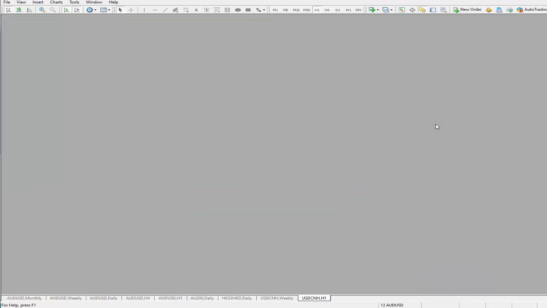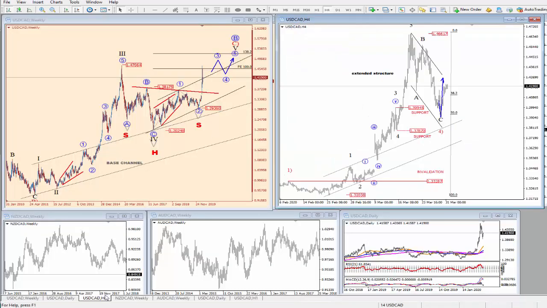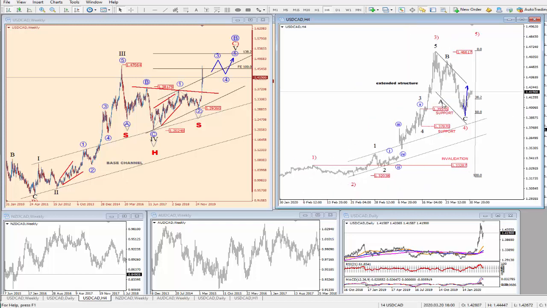Now let's take a look at dollar cat. Dollar cat is having some very nice reversals from the supports that we have been identifying. So here is the 4-hour chart. First you have the 50% and the previous starting point of a wave 4 retest, and now you are reversing higher. Also notice that the bounce comes from the lower side of this corrective channel.